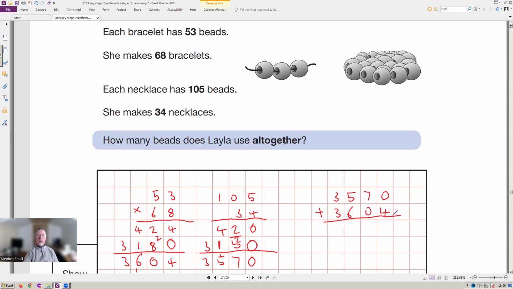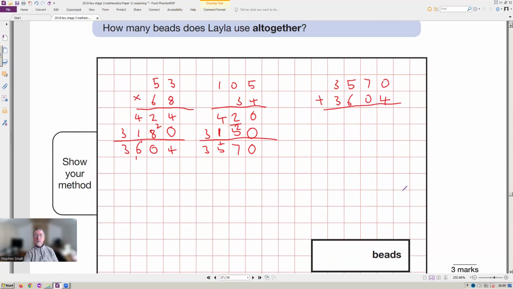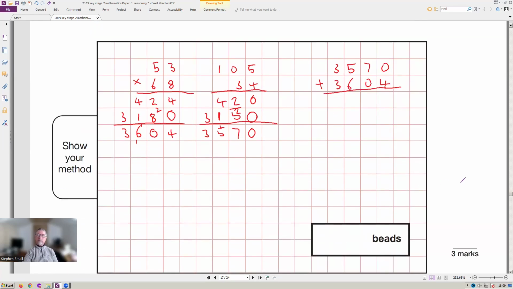And of course we have to put the answer in the box, which we do. 4 and 0 is 4. 7 and 0 is 7. 6 and 5 is 11. Remember to carry the 1. I'm carrying a 1 there. 1 and 3 is 4, and 3 is 7. So I make it